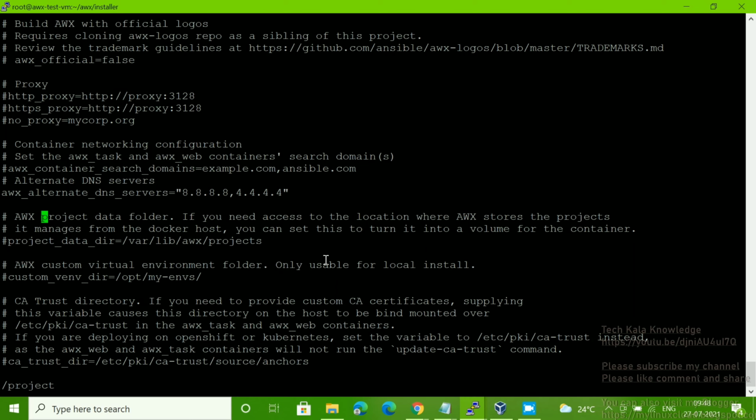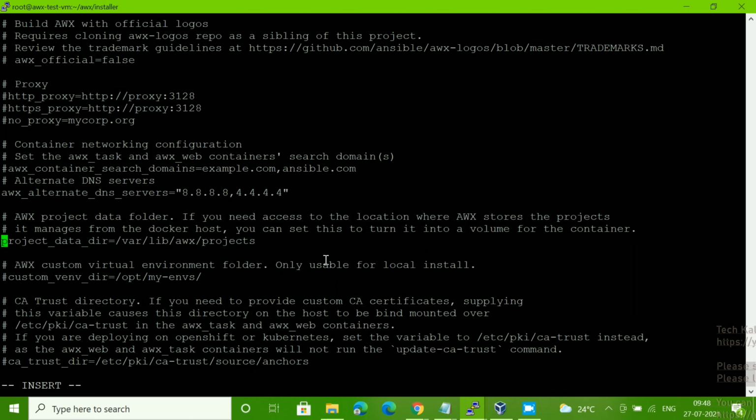Now we have to change the project data dir. This one also we have to change, giving the same /var/live/awx path. You can see it's already there. We just have to uncomment the /var/live/awx/project.